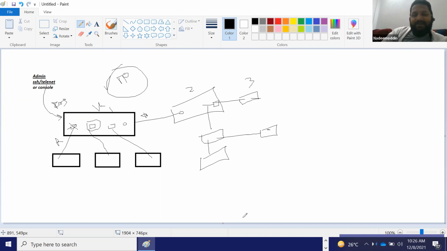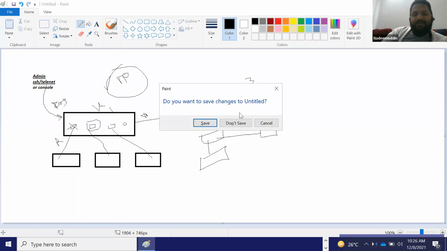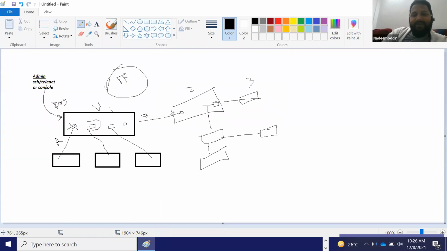Next, yesterday we talked about STP. So what was STP? In this diagram, if you look here, this design is not good. Why? Because this is a single point of failure. Let's say you have 48 users sitting here and 48 users sitting here, accessing your servers, shared drives, and printers, and your entire connectivity is on a single cable. If this trunk port breaks, these users will lose the access, and these users also lose the access.